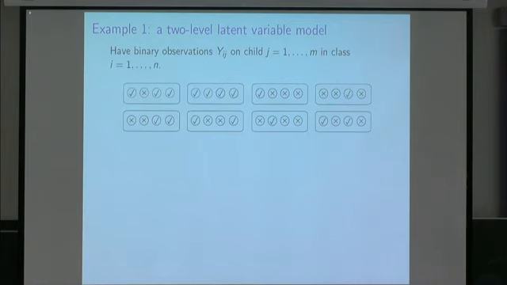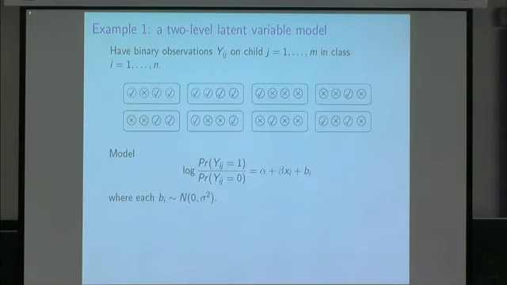So my very simple example just supposes we have binary observations, which could be the pass-fail result of some test given to a load of school children, and the idea is that you expect children who are taught in the same class to perform more similarly to one another than to students taught in different classes. So you want to allow for that dependence between the test results of children in the same class in the model.